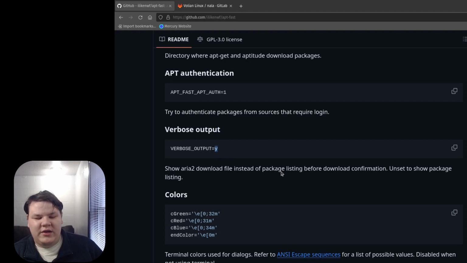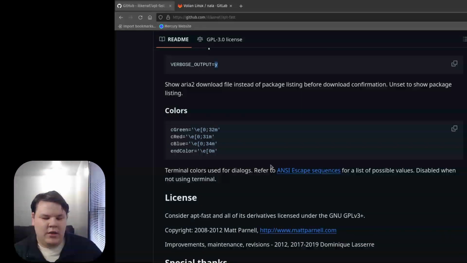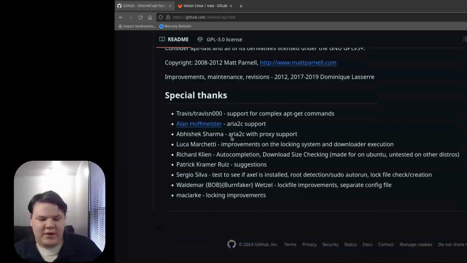If you don't want to see anything on your screen, I don't know why you wouldn't if you're installing something, but you can change it to no by putting in. And then we'll go down here, colors. This is a way to make it look nicer, which is really nice,